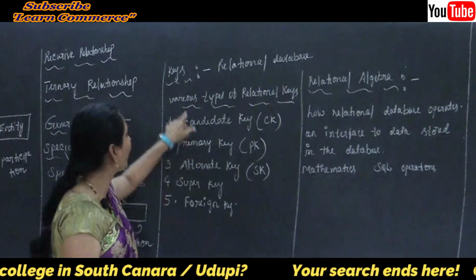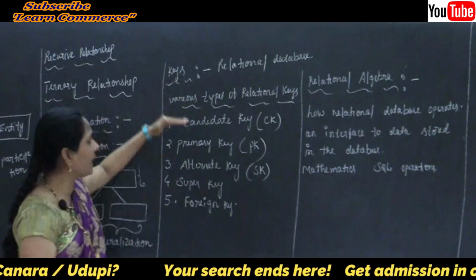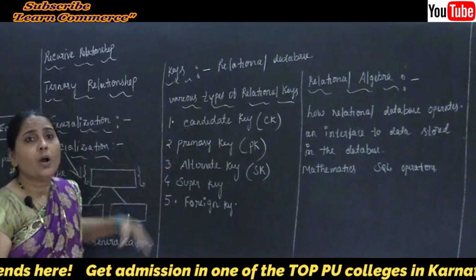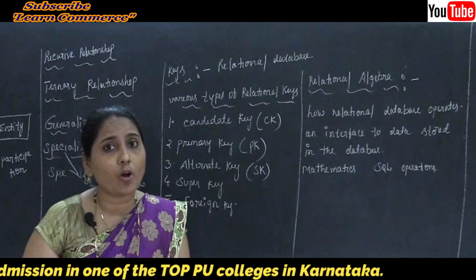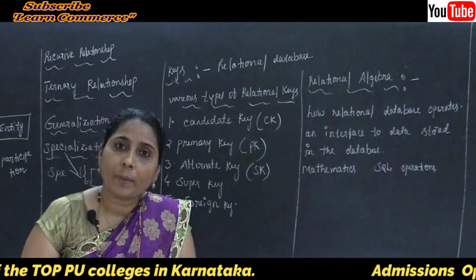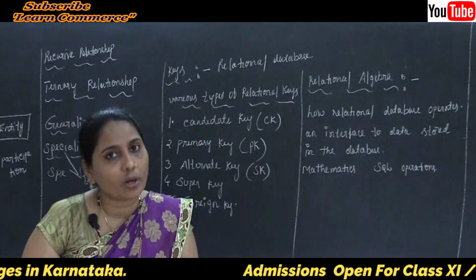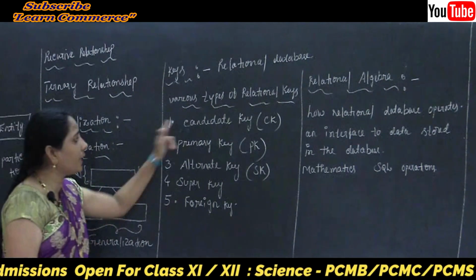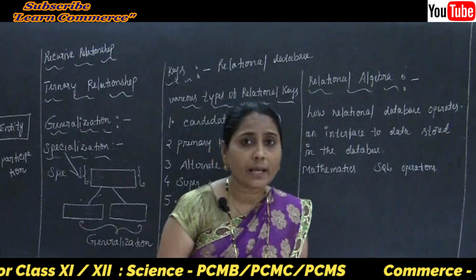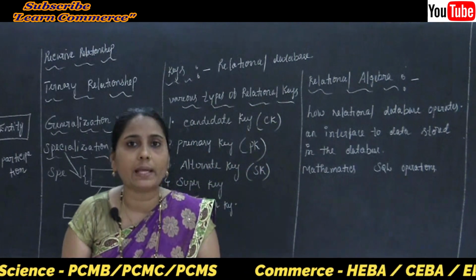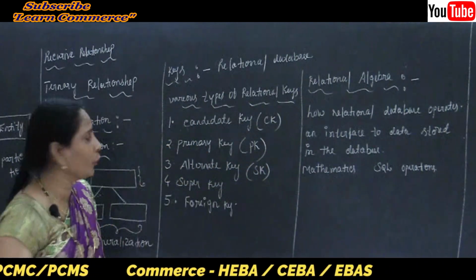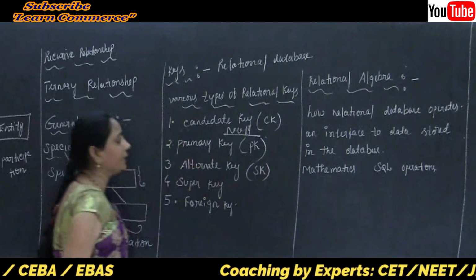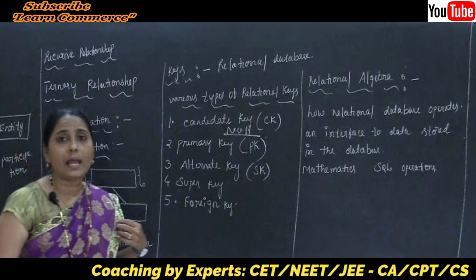There is no difference between our keys and the candidate key. That means it is a set of one or more columns whose combined values are unique among all occurrences in a given table. But also, the most important thing we can say about our candidate key is that no component of the candidate key is allowed to be null. Clear this point here? No component of the candidate key is allowed to be null.